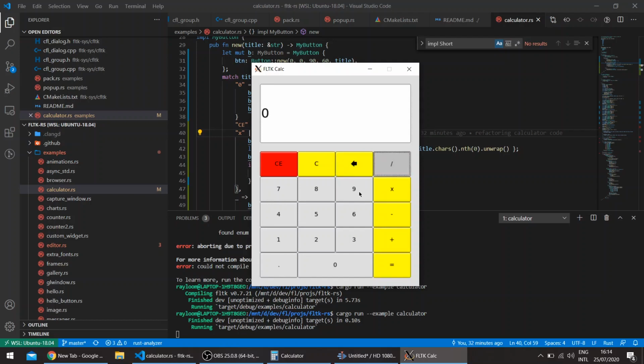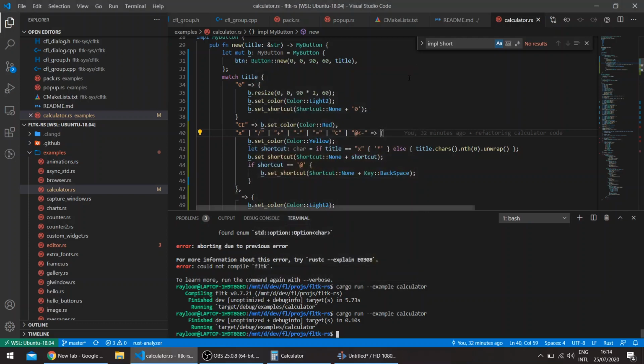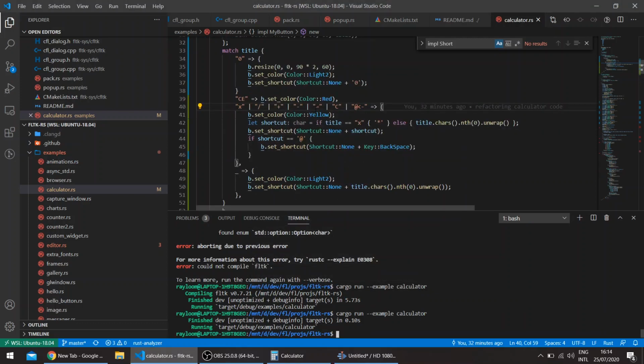And here we can divide it by 8, for example. Okay, so the equals works. We can also add the return as a